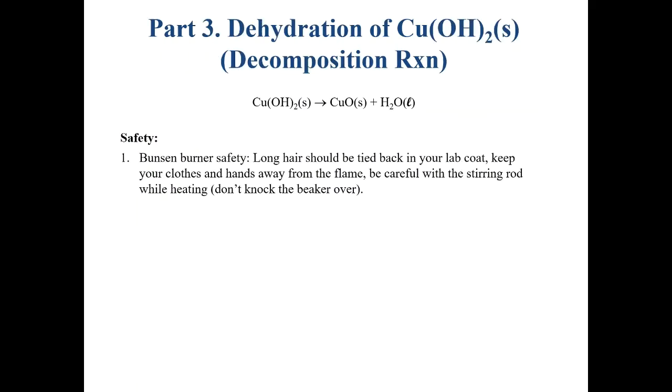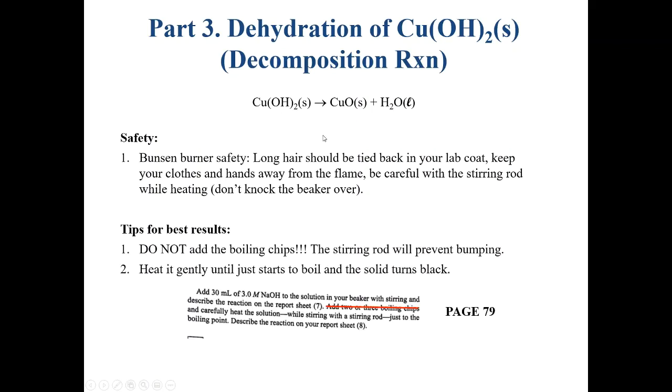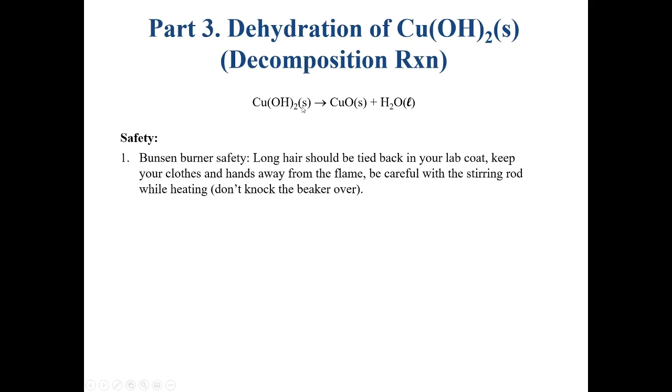Okay, and so the next step, we're going to dehydrate copper hydroxide and make copper oxide. So we do this by taking that copper hydroxide solid, which is a nice blue solid, and then we heat the whole thing up using a Bunsen burner. So you'll have the copper hydroxide in water, and then you'll see as they heat that water solution up, the blue precipitate eventually turns into this black precipitate, which is the copper oxide, which is a